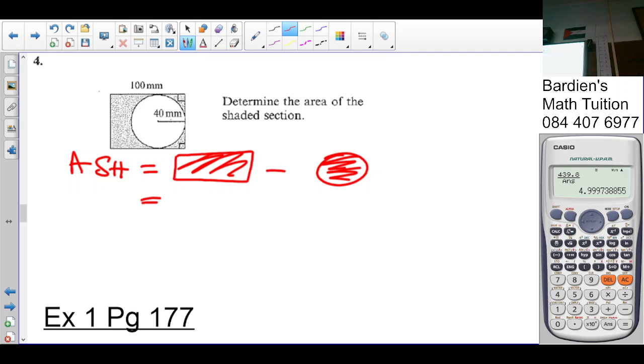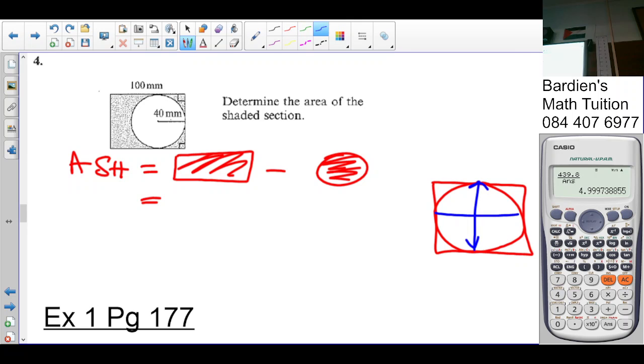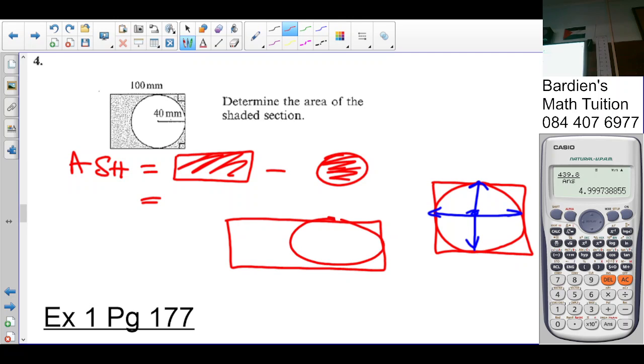If you look at this here, that is a square. How do I know? Because the distance from the diameter there is the same as the diameter there. That's a square. So if you've got a rectangle, can you see that diameter and that diameter will be the same? Oh, it's a circle, no? But you guys see. So in other words,